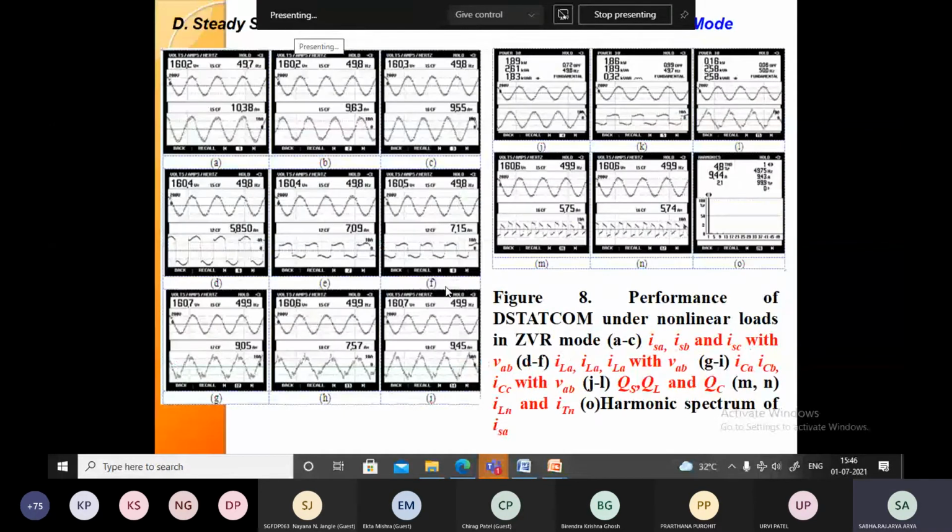Okay. The same thing, suppose we want to test the zero voltage regulation mode. So now you can see our loading, how much? 5.8 ampere in phase A, phase B, phase C. But previously, how much voltage were we going to observe? No load 160, with load 152. But here we have compensated 8 volt.